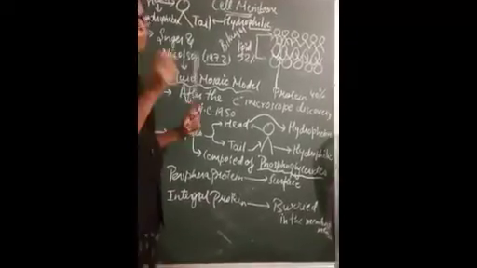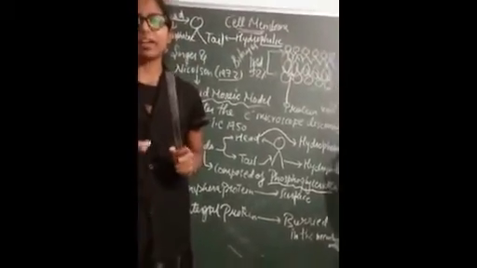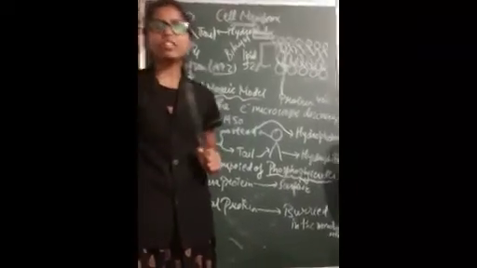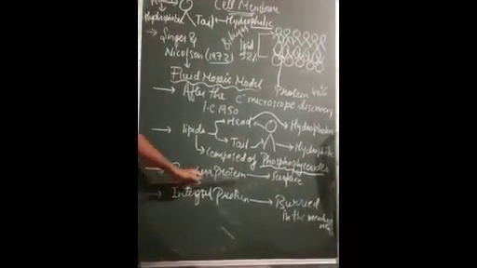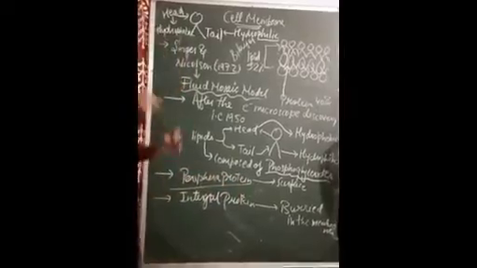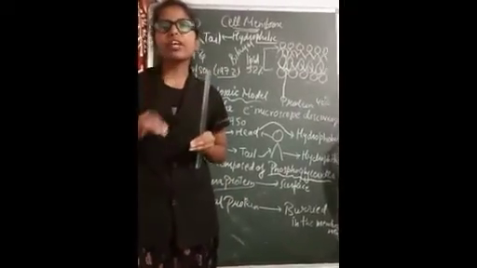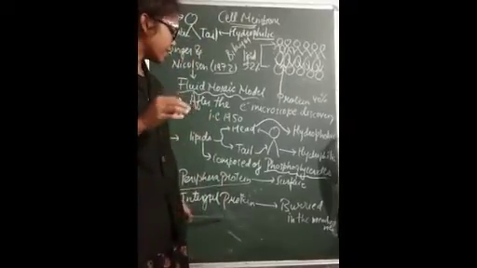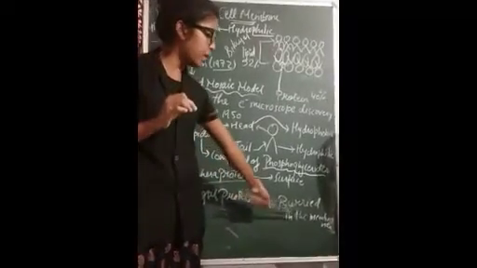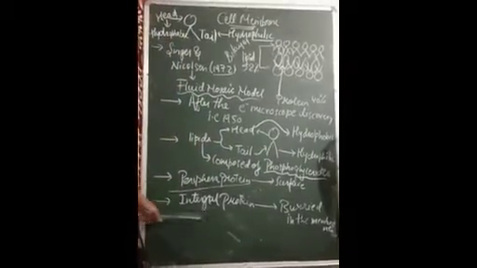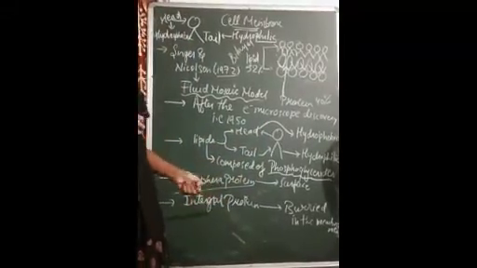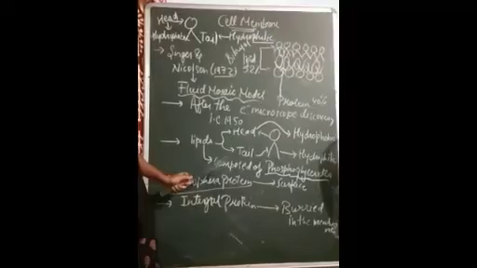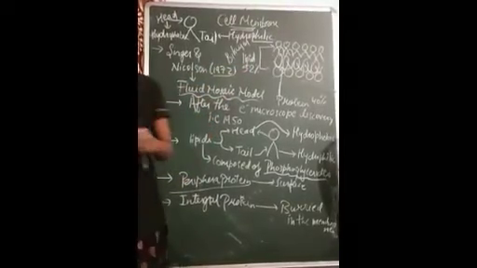Two types of proteins are found. Some proteins are found on the surface of the membrane. Those proteins are clearly visible through the electron microscope, and they are known as peripheral proteins, whereas some proteins are embedded or buried in the middle of the membrane. Those are known as integral proteins. So two varieties of protein are there, peripheral and integral. I think this topic is clear to you, and this is the fluid mosaic model.